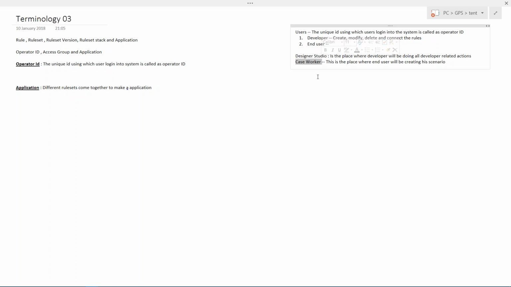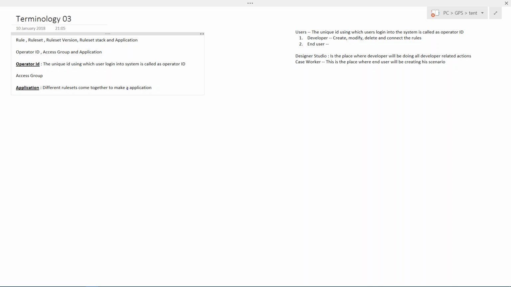So who is going to take this particular responsibility? This is one responsibility that needs to be handled. And the second responsibility is, there will be different types of applications. A number of applications will be there within the HDFC Bank project only. So how do we make sure that the right person is logging into the right application? Who is going to take care of that responsibility? Access group.